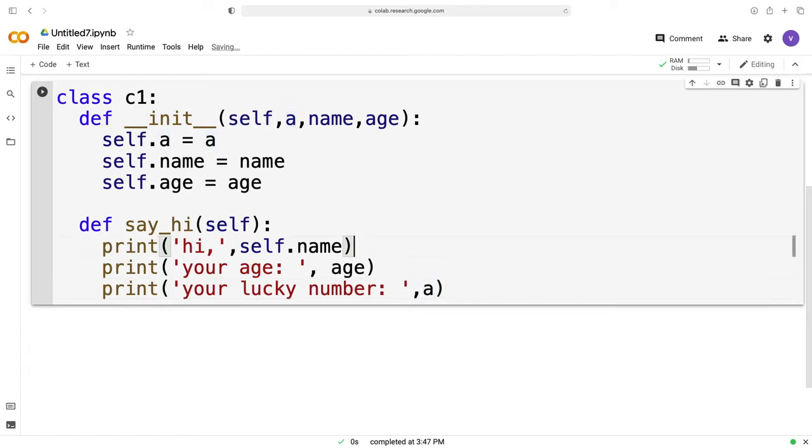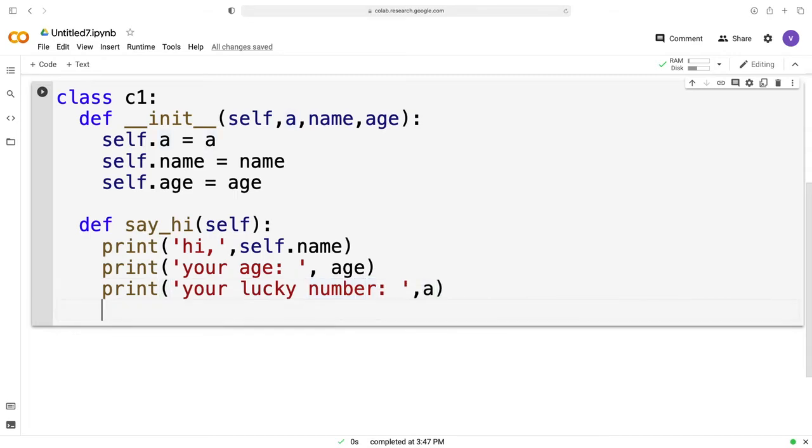Now remember, what I have done over here is self.name, age, and a, but I'm gonna run it without using self. Let's see what happens, so that you get to see what kind of errors we might face while we code.